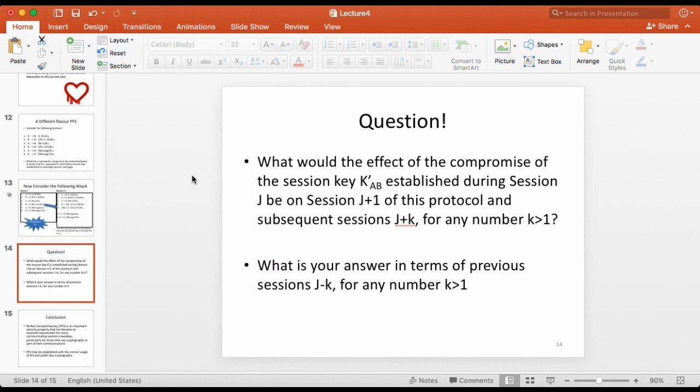Here is the interesting question. If you're taking this new flavor of PFS, you look both forward and backward. We saw that looking forward, yes, it does compromise newer session keys, but if you're looking backward at the historical sessions, then no, it does not compromise them,